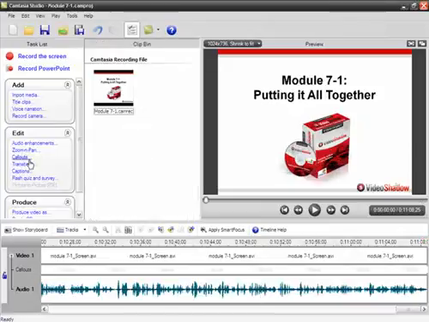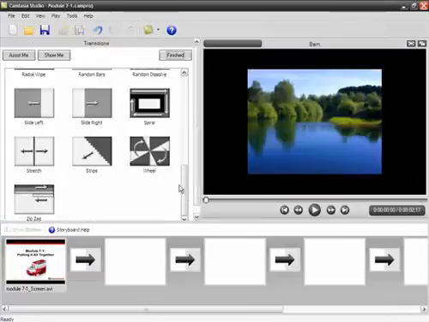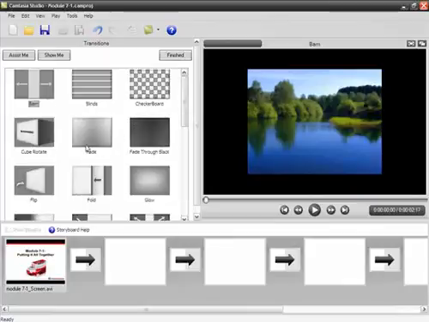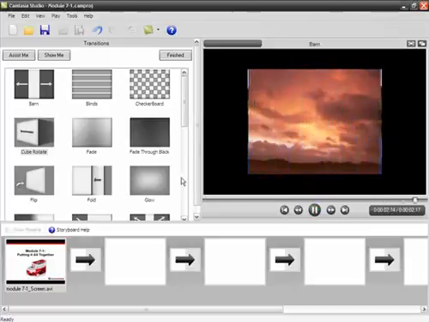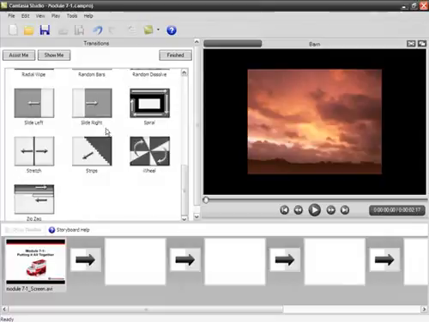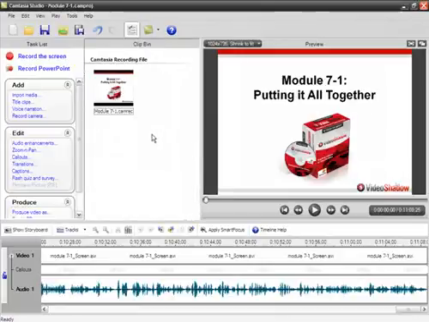You have the option to add transitions between shots. So if I wanted to add a transition, you can see there's a variety of them. If I click on one, it'll show me a demo of what it looks like. So you can choose whether or not you want to add a transition and what type of transition, and there's a lot of them in here to pull from. But the crux of the tool is more in terms of how you actually work the video and how you